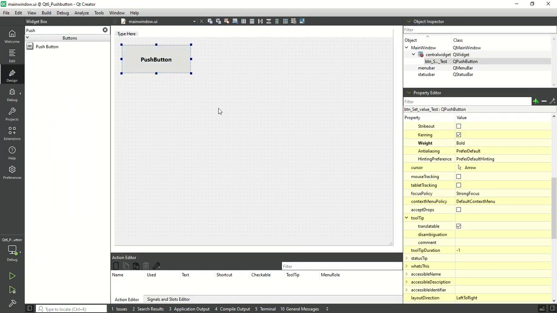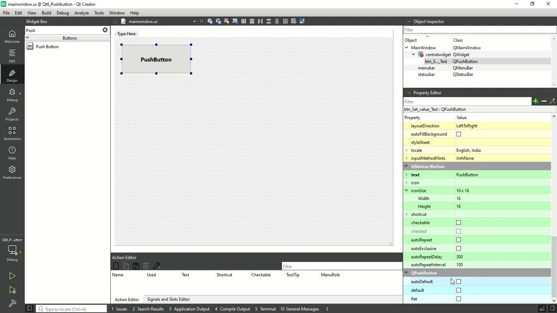Now let's see one more property here, that is auto repeat and auto repeat delay. So let's set auto repeat as enabled. Let's set the auto repeat interval. Set this value as 1000, it is a millisecond value, and auto repeat delay set as 100. Now what is auto repeat? If you press your button continuously, then every 1 second, every 1000 milliseconds, that button control code will